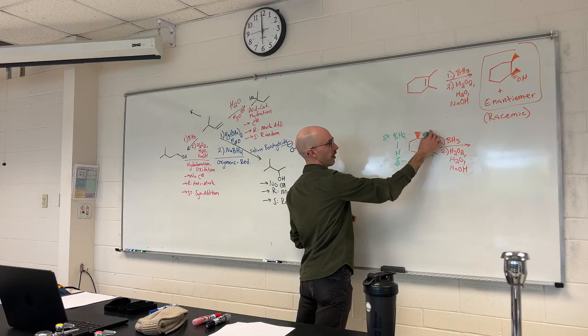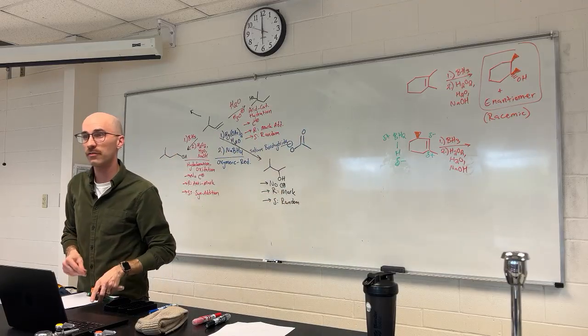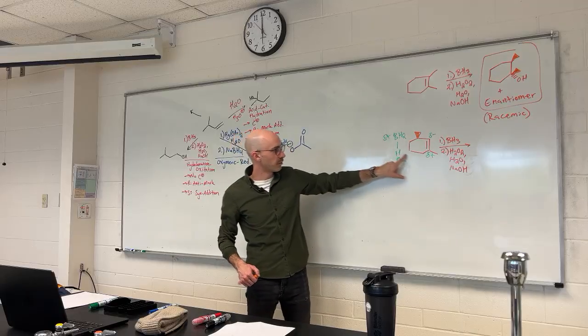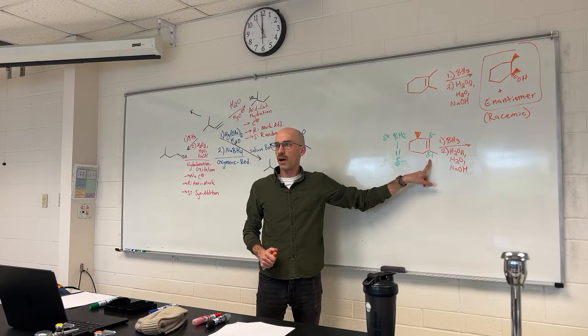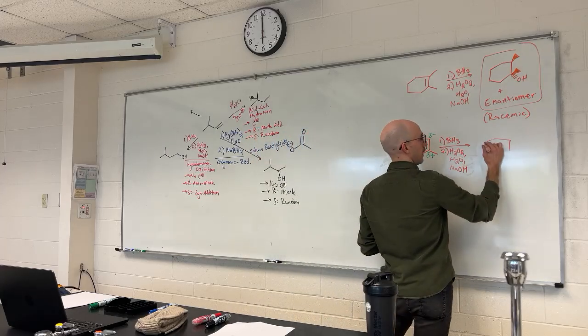Bromine is partial positive, and the less substituted carbon is partial negative. So those are going to align. So my hydrogen will be pulled towards the more positive carbon. So I